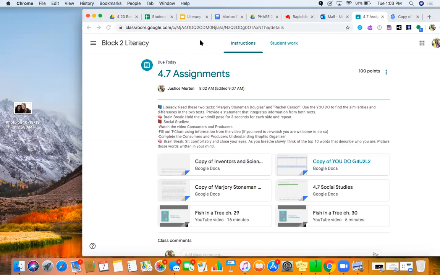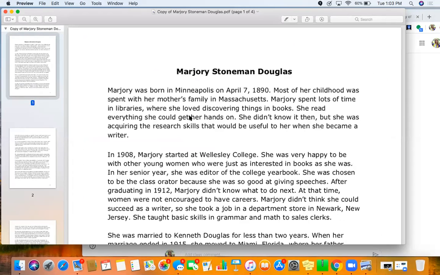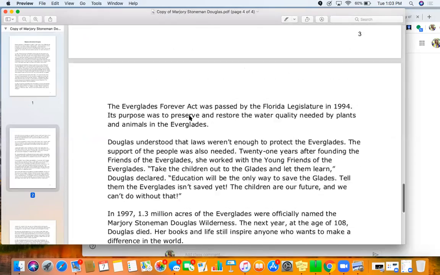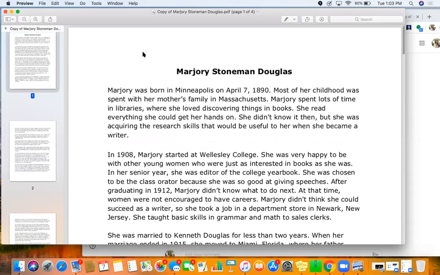All right, so you want to make sure that you have those pulled up, and then we are going to get started. I'm going to start by reading the text Marjory Stoneman Douglas, and as we're reading, we're going to notice that these texts are kind of long, right? This one is about 4 pages, and that's going to give us a lot of information. That doesn't mean that we need to write down all of this information.